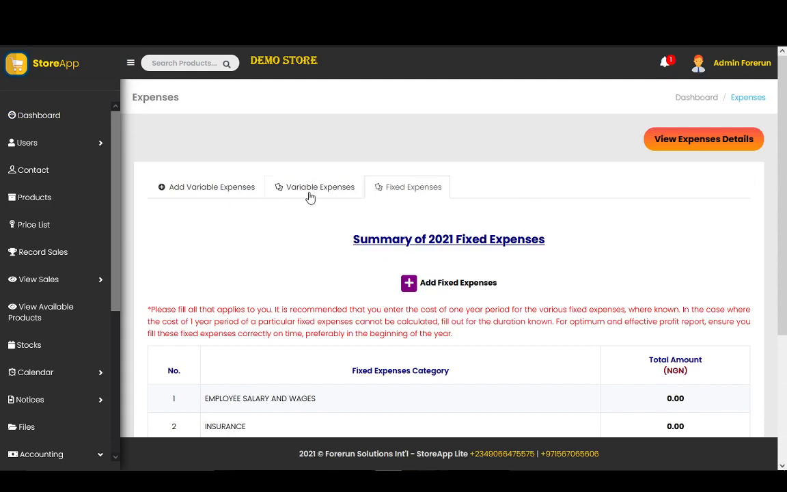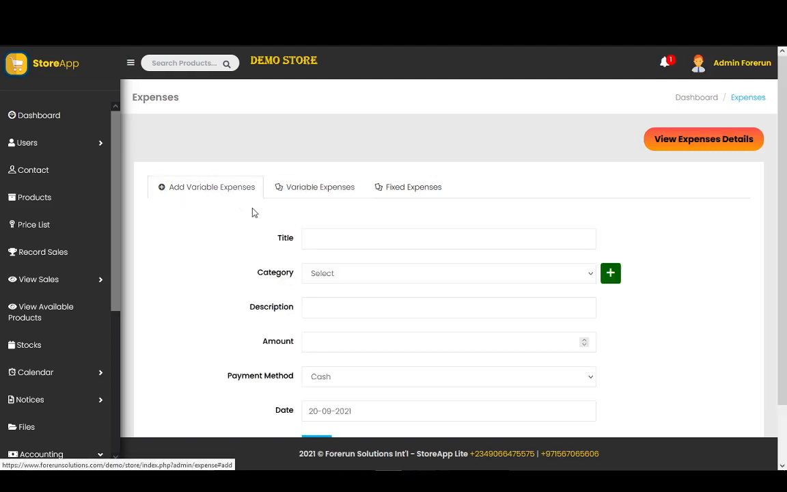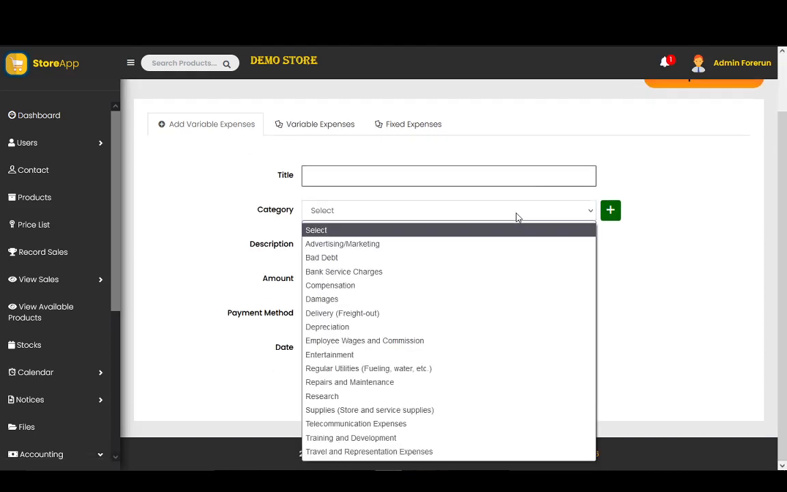Okay, now variable expenses. Remember the ones that vary. So all your previously added variable expenses will appear here. While you can add a new one from here. Add variable expenses from here. So you just fill this form. Let's say the expense you want to add is